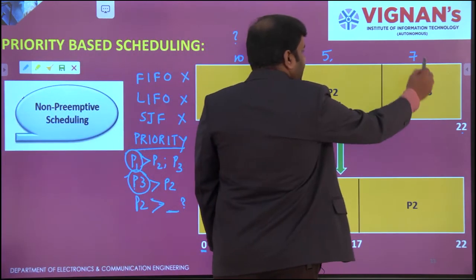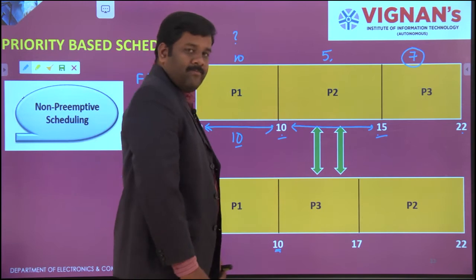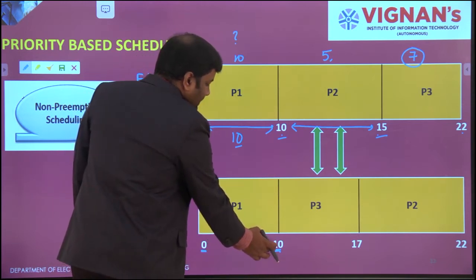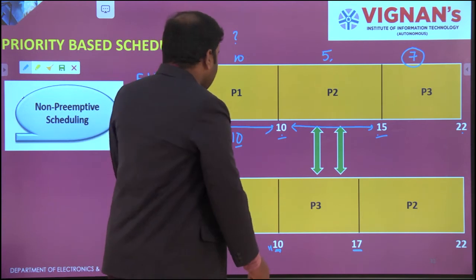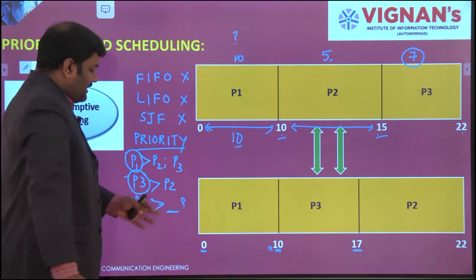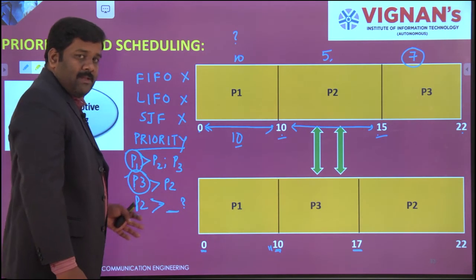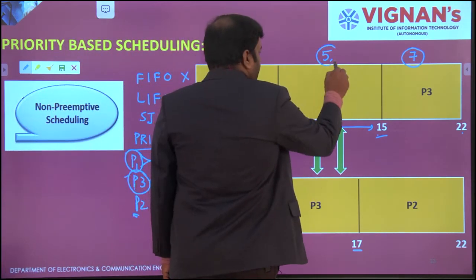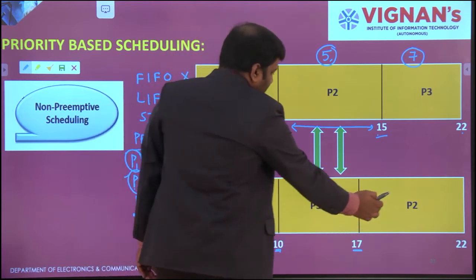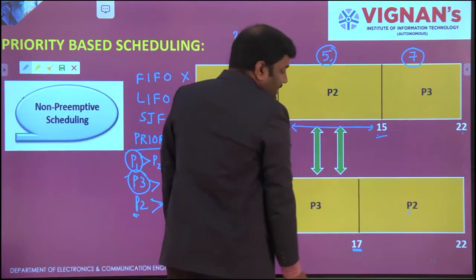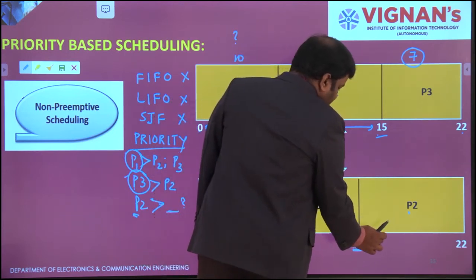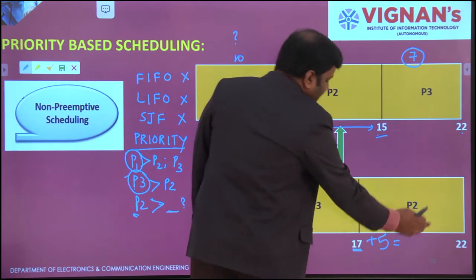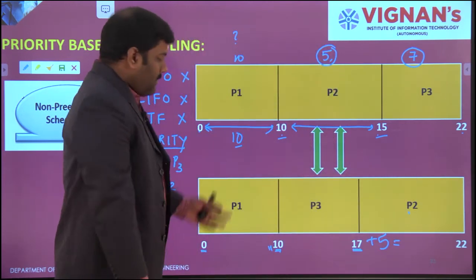P3, how much time will it need? 7 seconds. Where I have closed at 10 seconds, 10 plus the P3 duration of 7, 17 is going to be the execution time, initiating at 10 seconds. And the rest, the third one, is P2 only, because no more processes are available to compare with P2. P2 has 5 seconds, so I need to add 5 seconds to P2. Then 17 seconds will be the starting time or waiting time. 17 plus 5, 22 seconds, will be the execution time of P2.